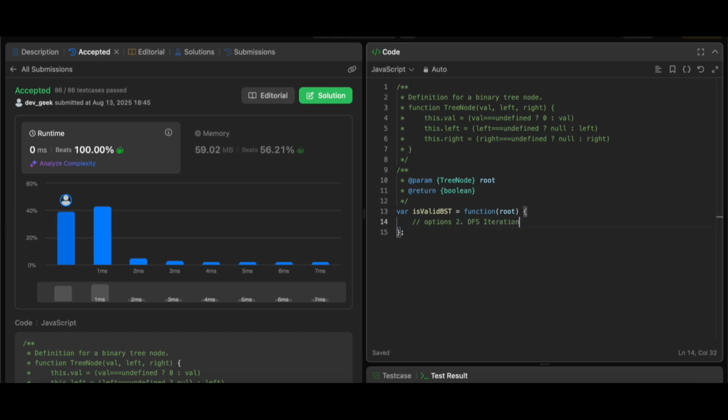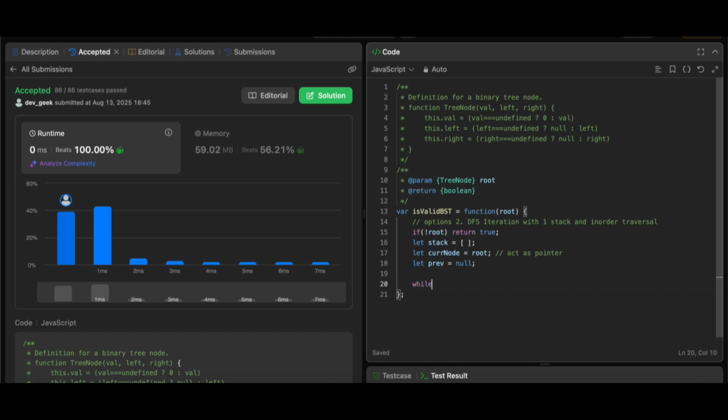DFS iteration with one stack and in-order traversal. So first, if the root is empty, return true. Then let stack be empty. Let current node start from the root. Let previous be null, as a pointer.